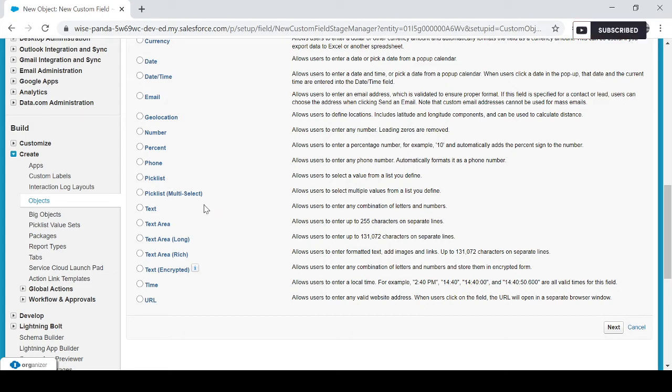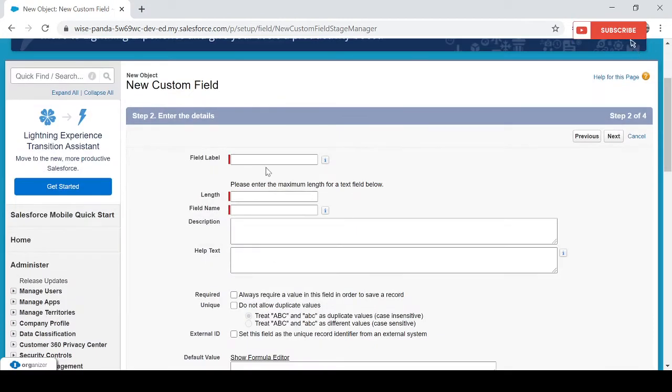Okay, so I'm going to choose text here. I'm going to create one text field. It's asking for the field label. So I'm going to put normal name. The field name is automatically generated from the label name.